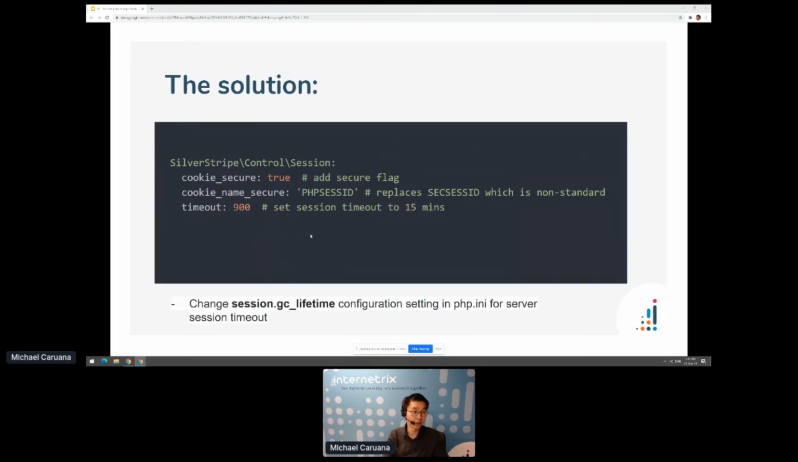So I guess the question now is, how can we add a session timeout? And how do you set that secure flag on the cookie? With this first one-liner here, we can set the cookie secure setting to true on the session class. And this will automatically add the secure flag to your session cookie. This second line here is optional. By default, as we saw, Silverstripe's session cookie is in this format here, PHPSESSID. But if we add that secure flag onto it, it would automatically replace it with SECSESSID,